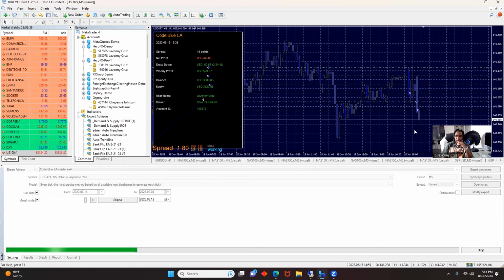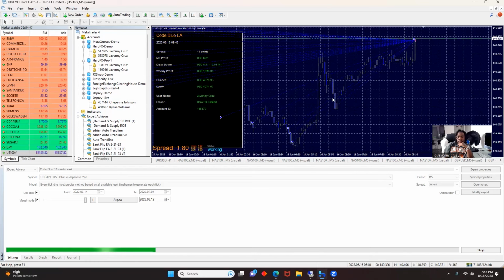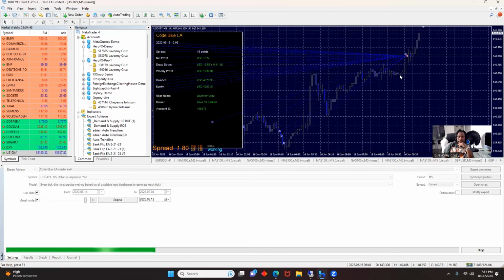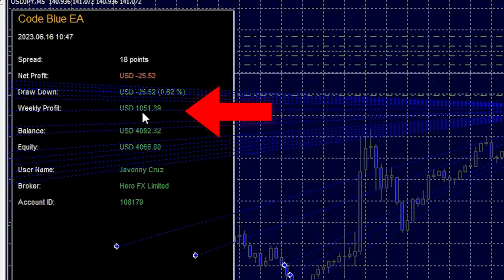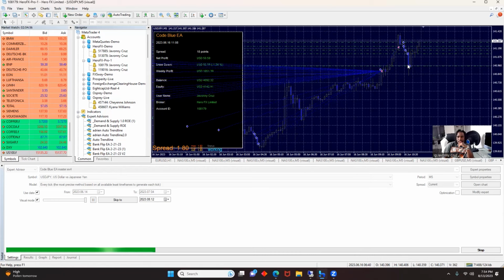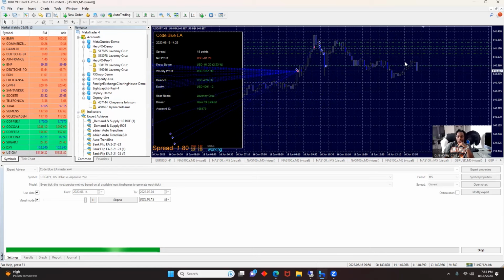Takes another entry there. Price just shoots up like a maniac. The USD JPY closes out in profits right here. So now our weekly profit is $1,551 as this bot continues to trade the trend. It's gonna retest that resistance, right? Play around with us a little bit, and eventually it's gonna shoot back up because that's the trend on the